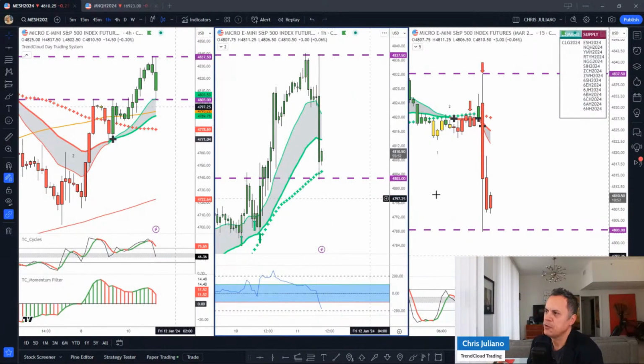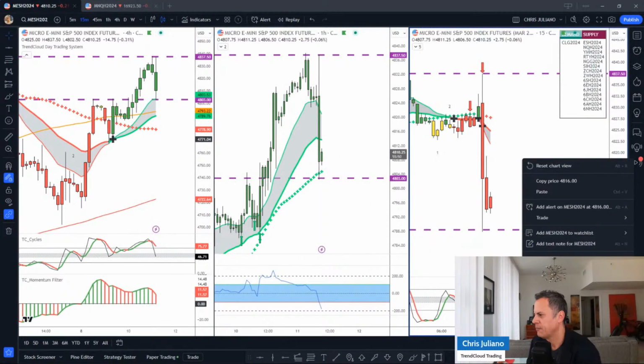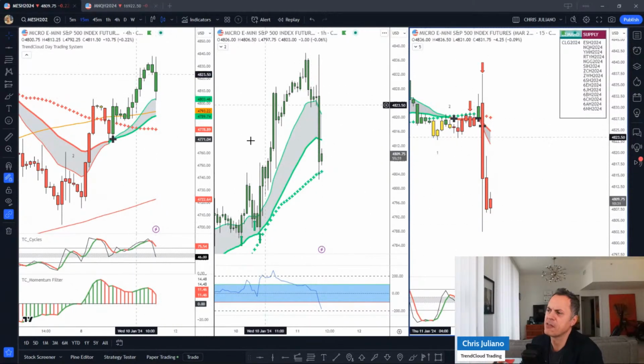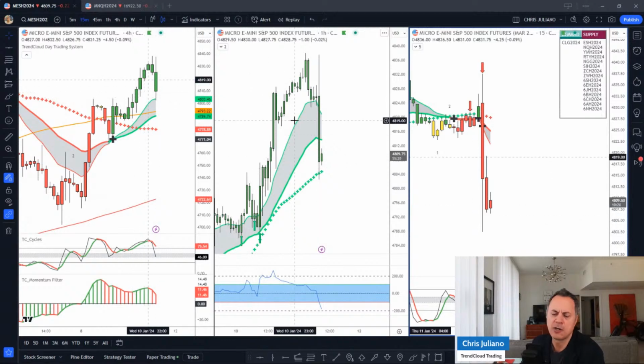Now, if you're looking at this in the past, we used to look at stuff like this when you didn't have TrendCloud, or you weren't following a system of some kind. You would just say, oh, okay, I kind of like the fact that this is going up on the 1-hour chart, so I'm going to go long, and that's your thought process. Sometimes when you first start trading,